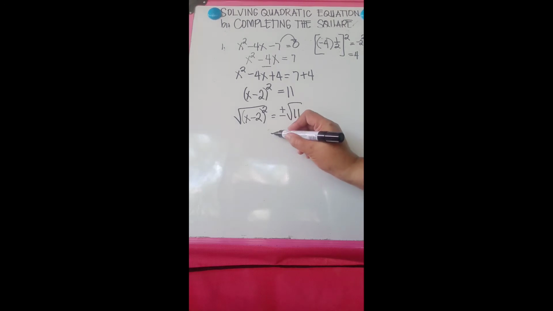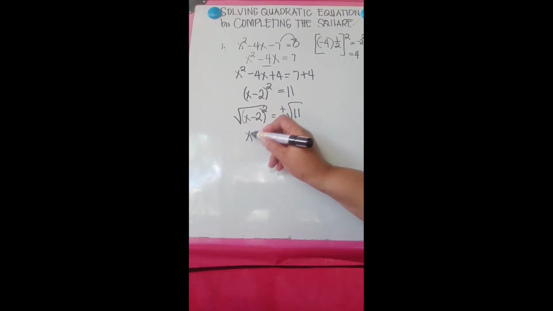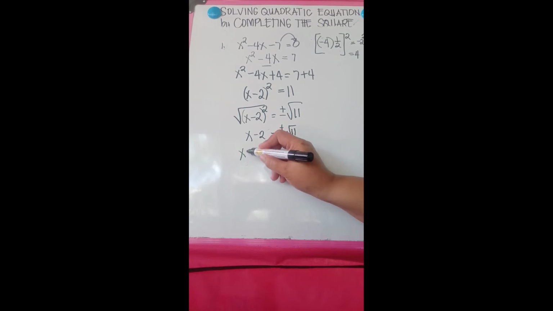Okay. So, since ang 11 ay hindi perfect square, so you may write the same expression. So, that is square root of 11. Or, you may get the square root of 11 by using a calculator. No? Okay. Pero dito sa atin, we will just copy it. And then, we have square root of the square of x minus 2 is x minus 2. Then, solve for x. So, x is equal to